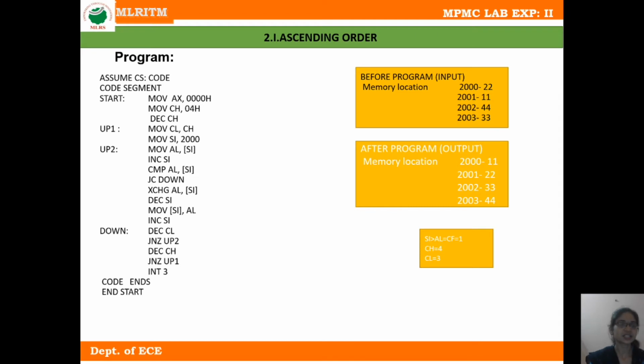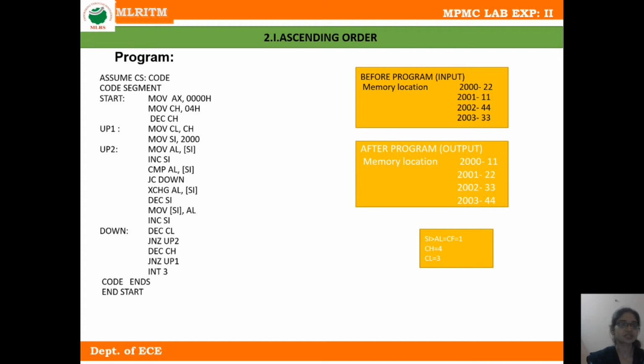The next instruction is DEC CH. DEC is used for the decrement of our counter. The next instruction is MOV CL, CH. Through this instruction, the content of the CH register moves into the CL register.